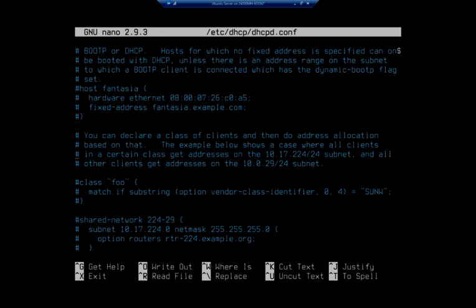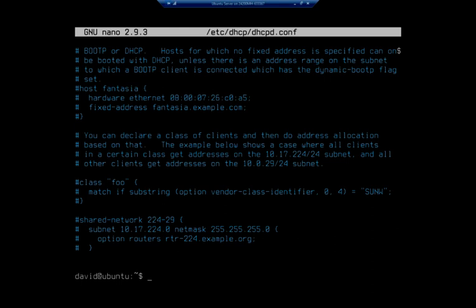So we don't want to get rid of this file, but we don't want to go through and heavily modify it either. So here's what I want to do. I want to exit this, and then I'm going to back up the file. I don't want to necessarily copy it. I'm going to rename the file, so it's going to be mv, which is short for move, /etc/dhcp